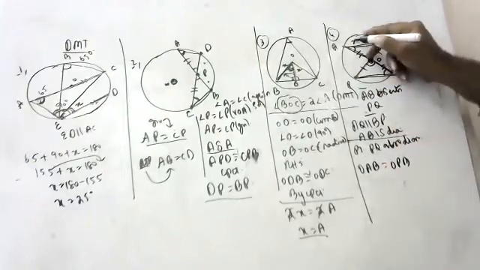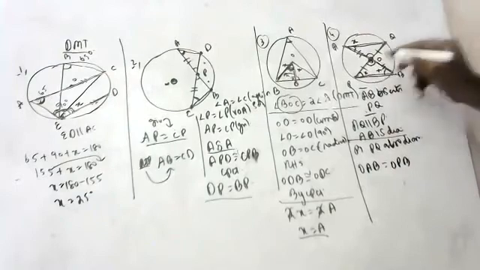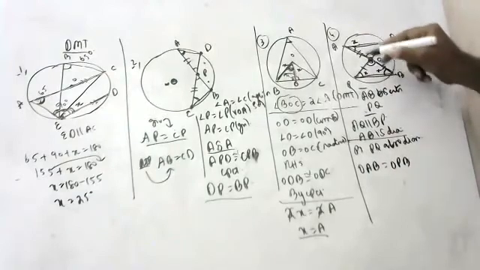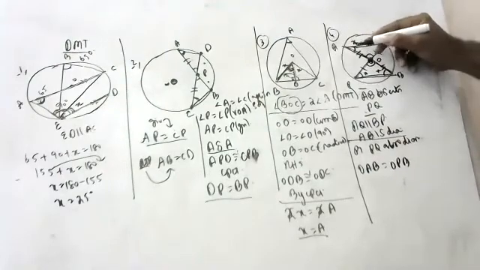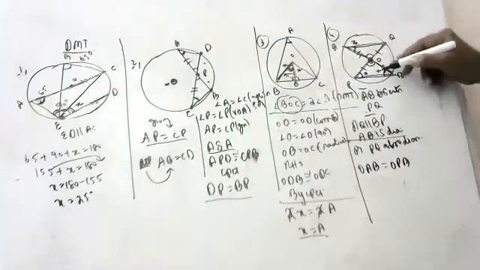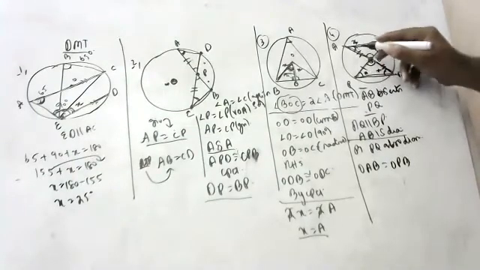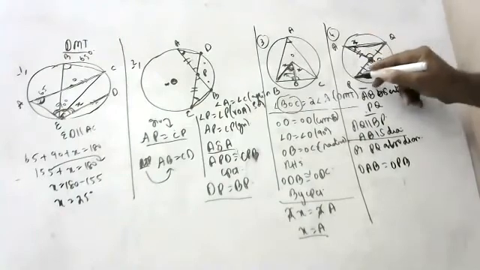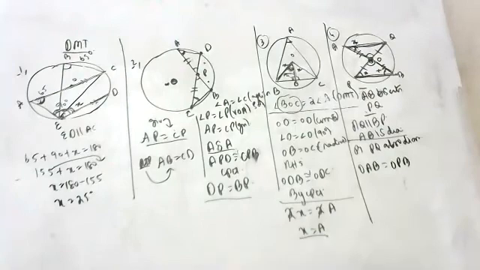Try to see all of you here. If this is x, this is also x. And if this is x, this is also x, children. Why? Because angles in the same segment are equal. This and this are equal because of alternate angles. Try to understand, children. Because this and this are parallel and this angle is equal to this angle, slowly you see, children.